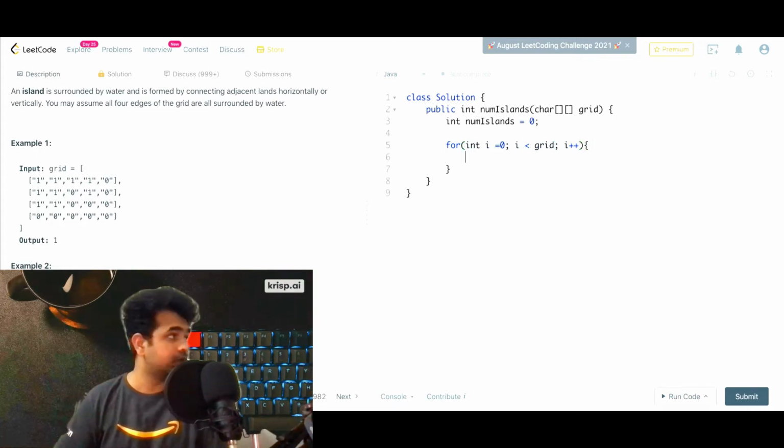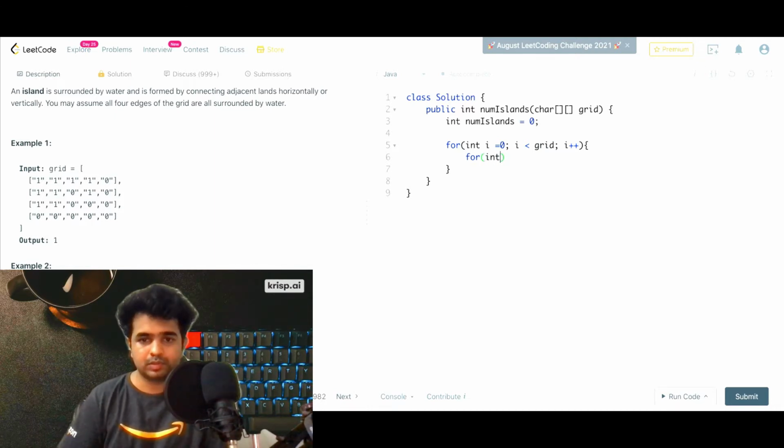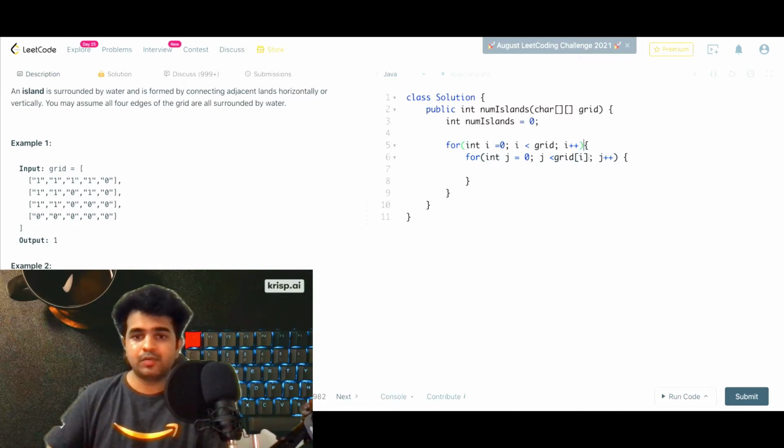It's a 2D array, so we need a j pointer also. Let's call this 0, then j less than grid of i dot length, j plus plus. So this is how basically it traverses a 2D array, simple stuff.